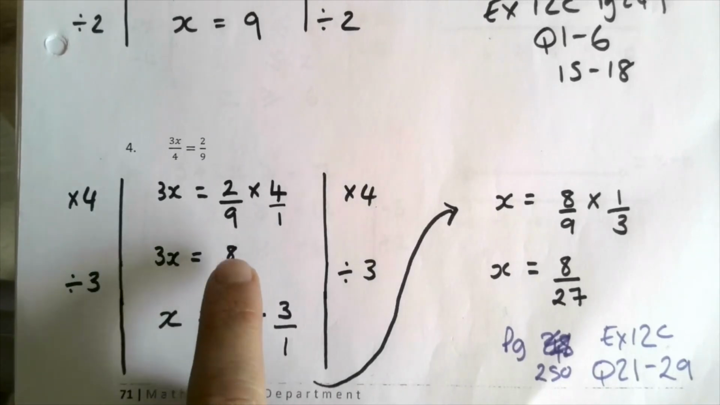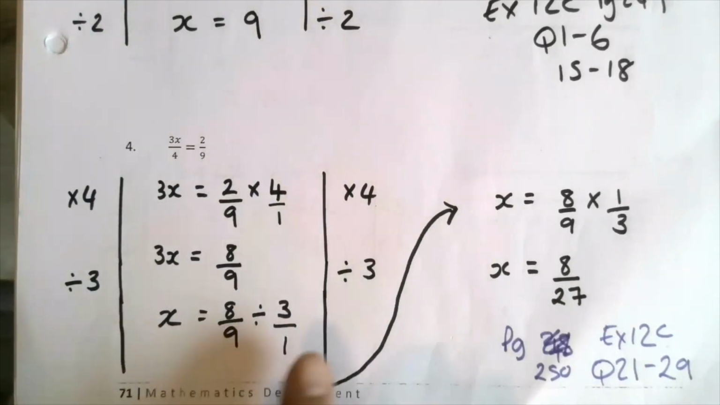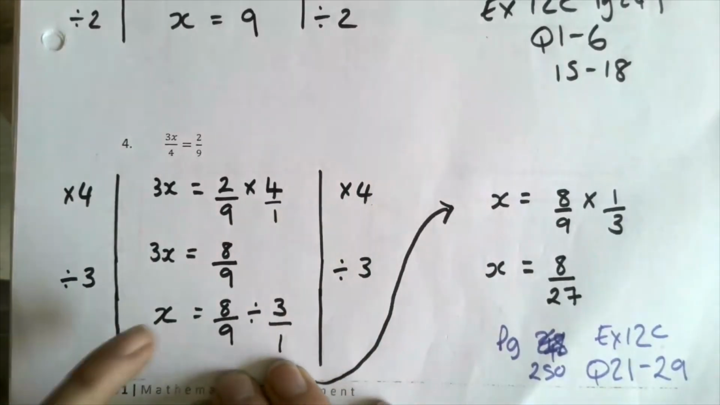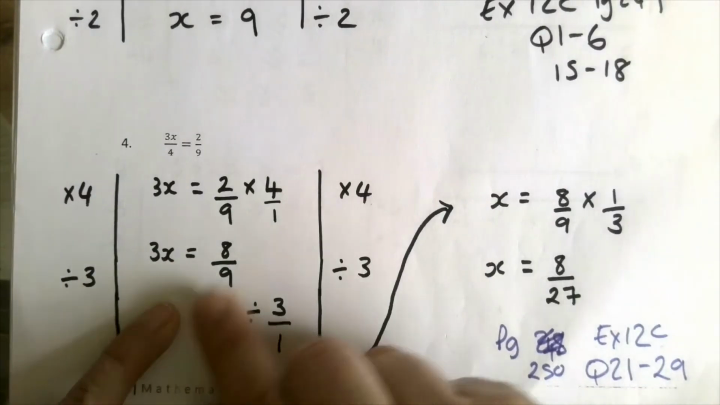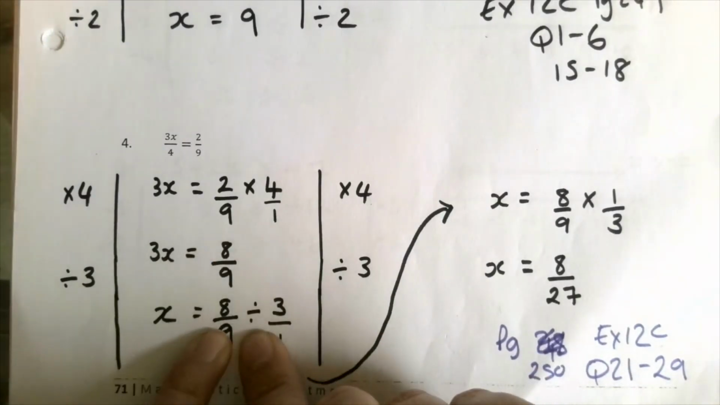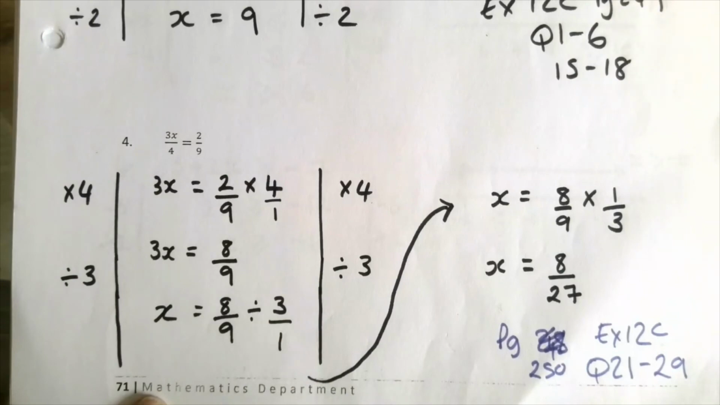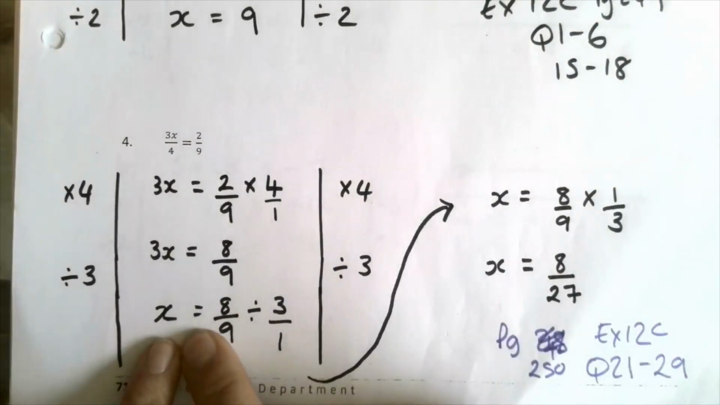Now, from this step to this step, I've divided both sides of the equation by 3. And again, looks super confusing, but if we slow it down and take our time, it's not too bad. So 3x divided by 3 gives me x. 8/9 divided by 3, I've just rewritten it as a fraction over 1. And again, I would be working down my page, but I ran out of room, so I've snuck up here. So this line,